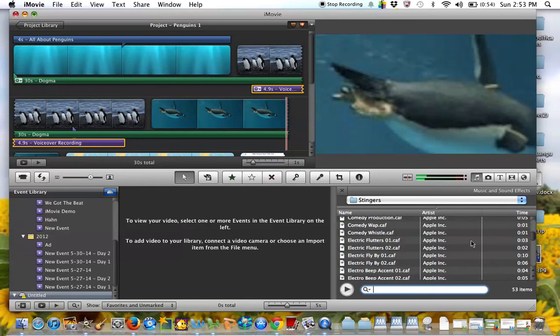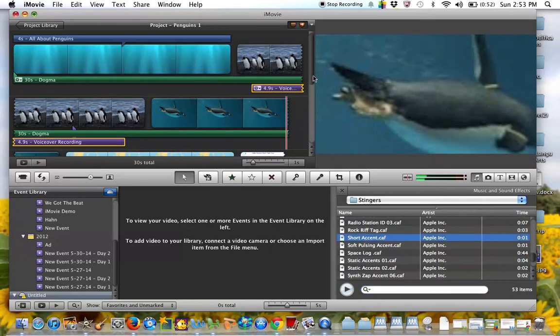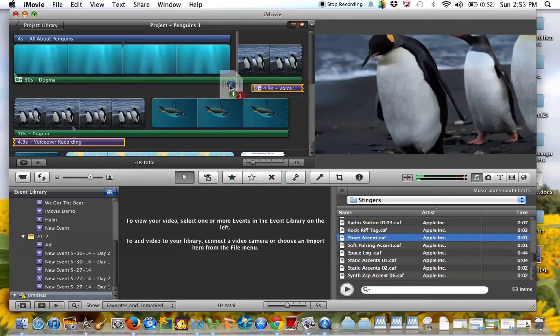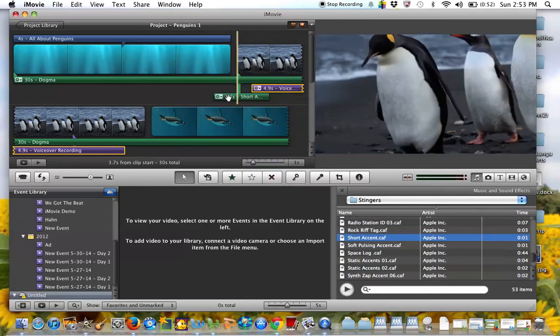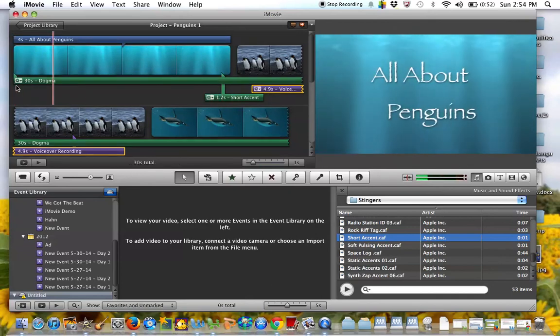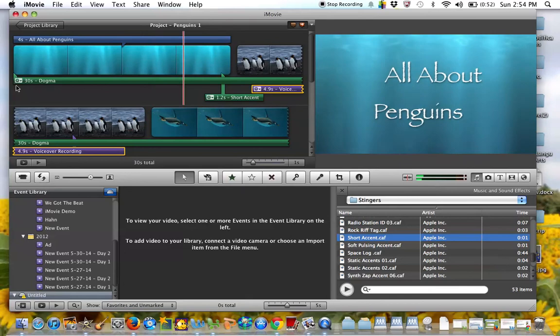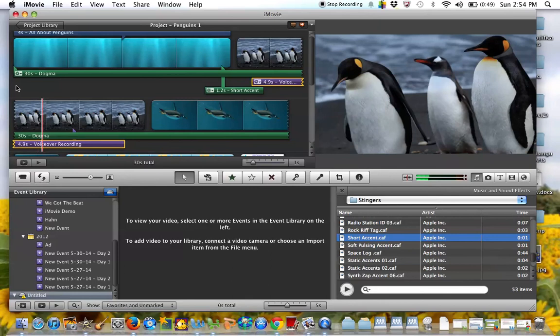Some of these might not apply because you want to make sure that they are appropriate for what your movie is about. So let's scroll down and let's see what this is. So maybe I want to have that right before the movie starts, or before the actual talking starts. So let's see what that looks like. Here you see many. Okay, now that's not the best example, but that's just to show you that you can